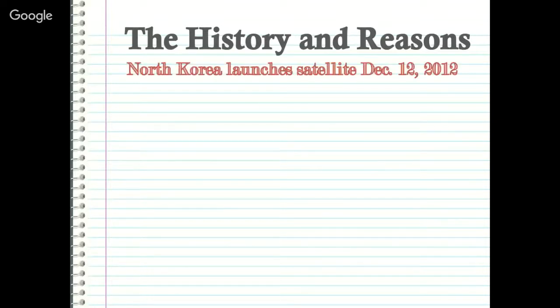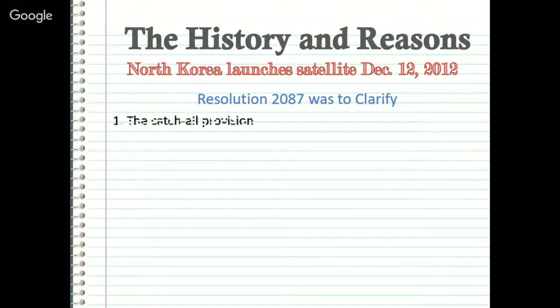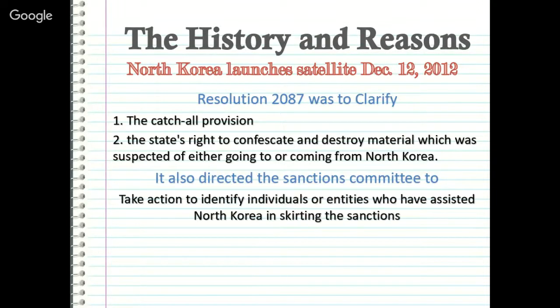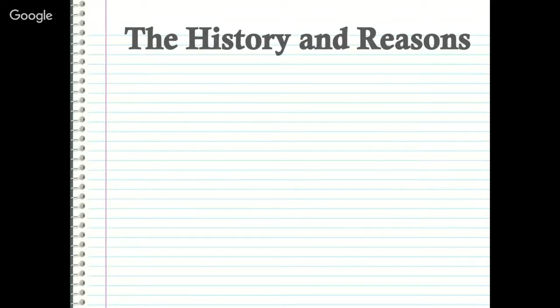North Korea launches a satellite December 12th, 2012. This led to Resolution 2087. This was a direct violation of the first 2 resolutions in 2006 and 2009, which strictly banned them from developing technology of this nature. A call for remaining vigilant went out, and the Sanctions Committee issued an implementation assistance notice. If there was a refusal to allow an inspection